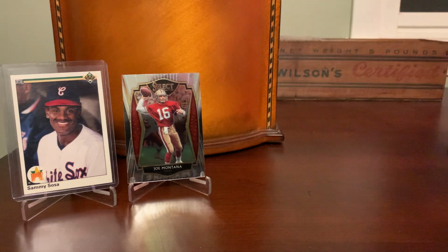So as throw-ins go, that seller was pretty kind to include those. The McDavid card that I bought from the seller was only like $10 or even less, but I appreciate the gesture. And then on the other side of the spectrum, the throw-ins that nobody wants, which I do run into pretty frequently,